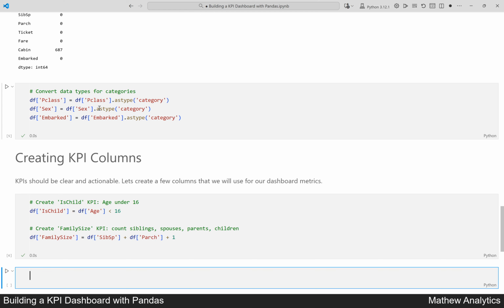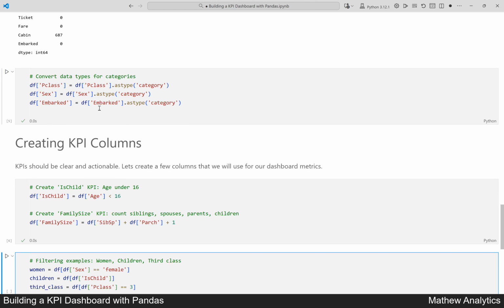This comment explains that we are filtering the dataset to focus on women, children, and third-class passengers. We filter the data frame to include only rows where the sex column is female, creating a subset of women. We filter the data frame to include only rows where the isChild column is true, creating a subset of children. We filter the data frame to include only rows where the P-class column equals 3, creating a subset of